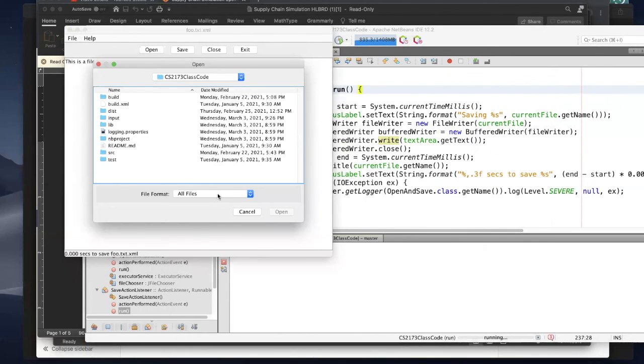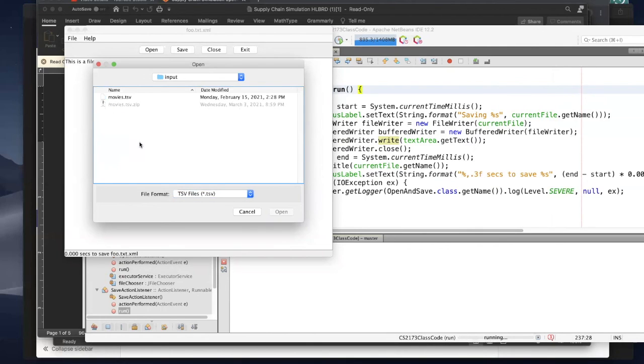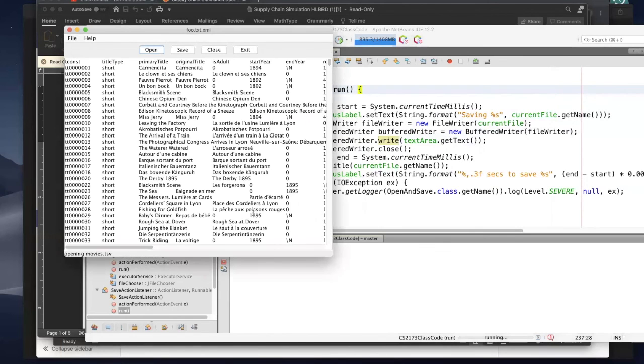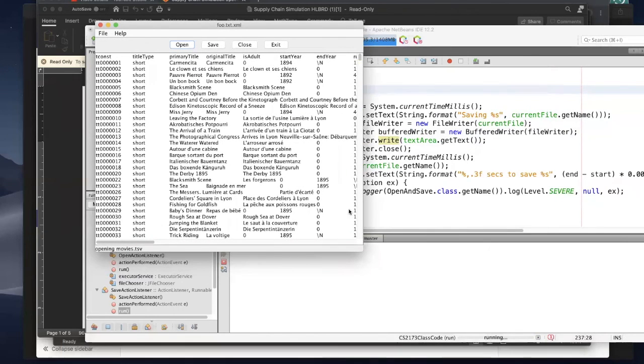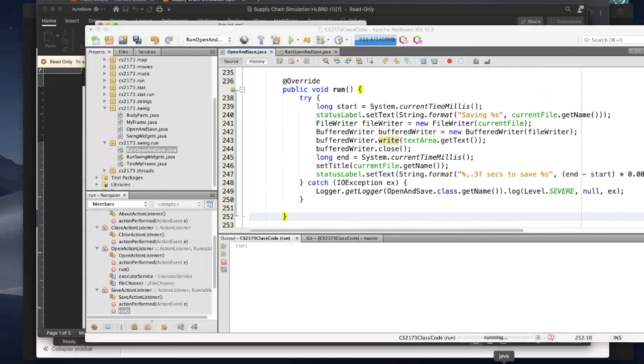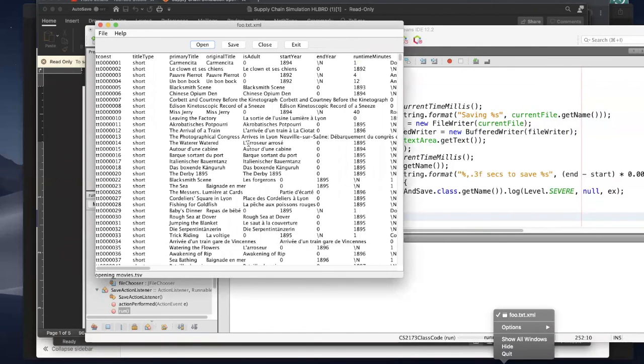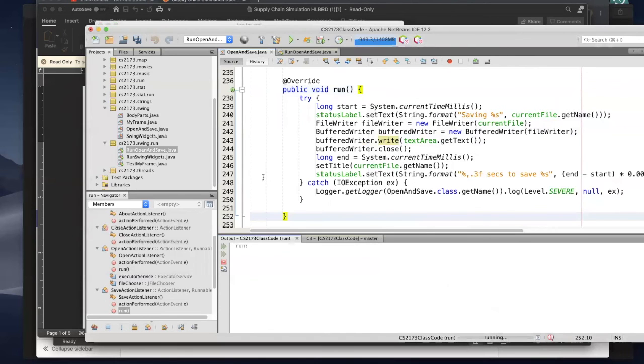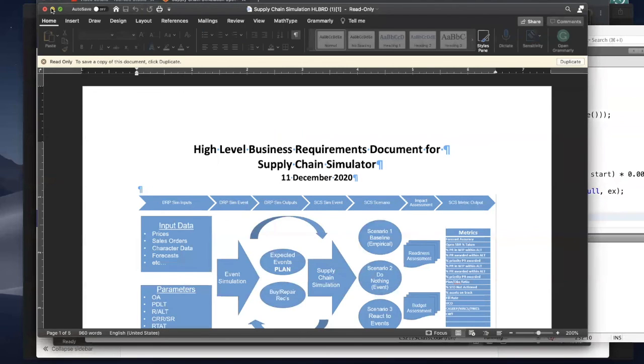Okay, so now remember we had this movie file that was TSV. And so here it is. It takes a little while to open. I think it takes about 30 or 40 seconds to open. Why? Because it's a huge file. So this is why